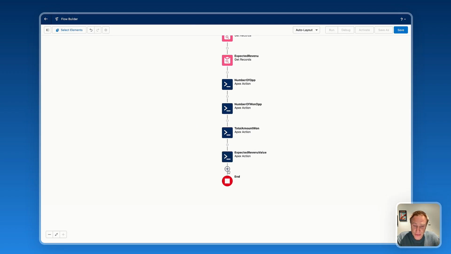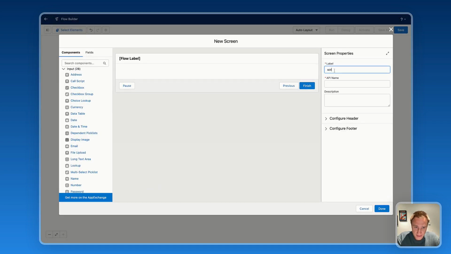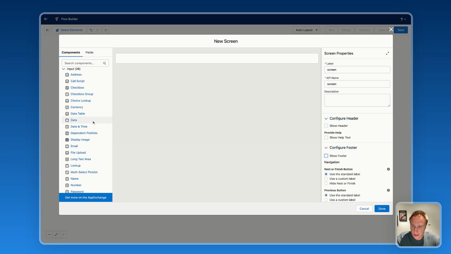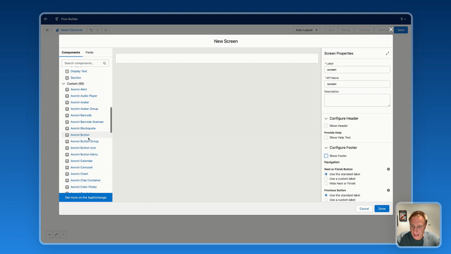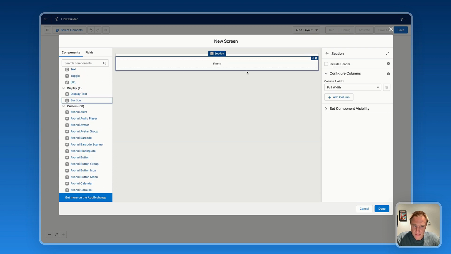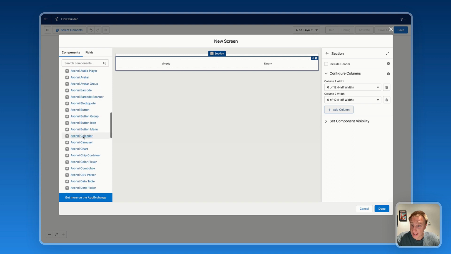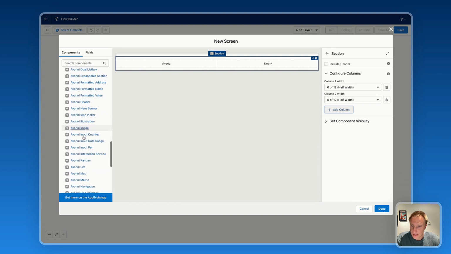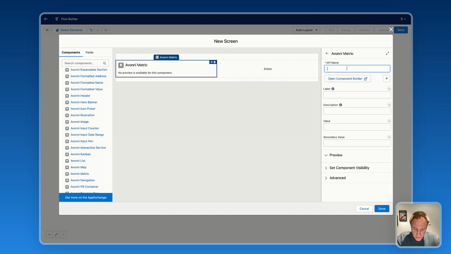Now let's dive into the screen element part. Screen. Okay, let's name it screen. I don't want the footer. Now, first, I need to drag a section. I want to have two columns available. Perfect. And now for the first one, all I need to do is drag the metric component, configure the metric,